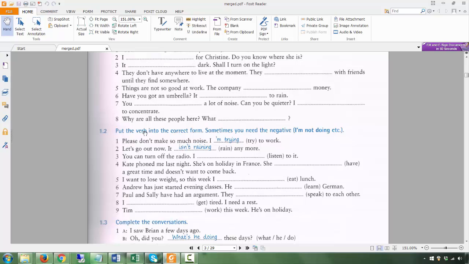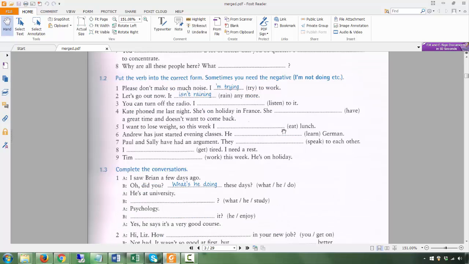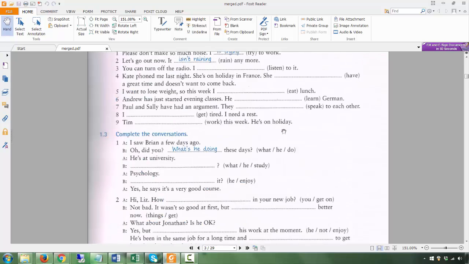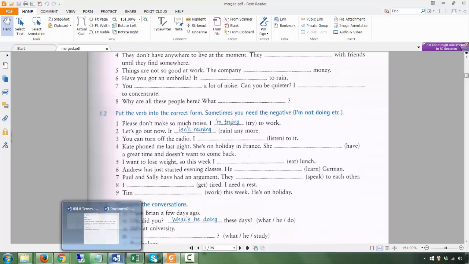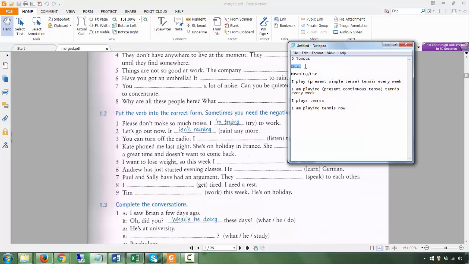1.2, put the verb in the correct form. Sometimes you need the negative. All right, and then this is basically the question. Now, one thing I want you to take note, just now I mentioned it's important to know the form, and it's important to know how to create the form. Okay, it's important to know the meaning and the use. Okay, and another thing is very important in terms